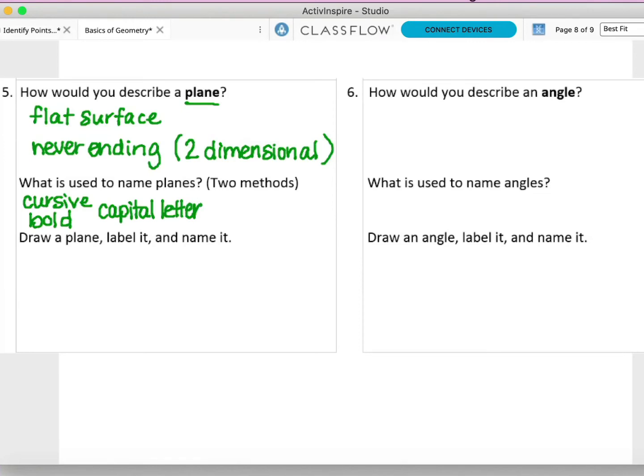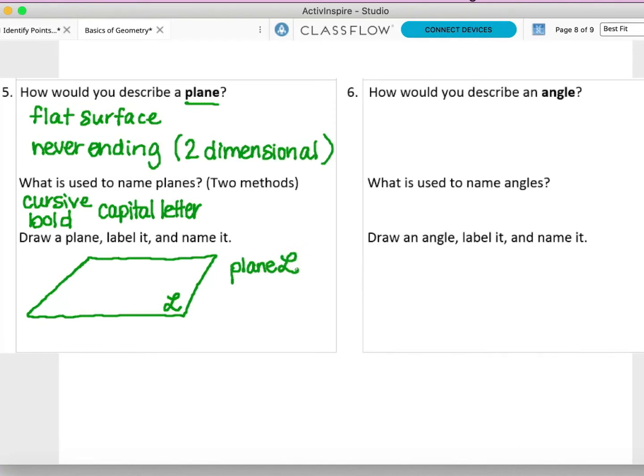So usually when I try to draw the floor, I wind up drawing sort of a parallelogram, or if I'm drawing in perspective, maybe it's not quite a parallelogram, but a four-sided shape, and that kind of reminds me of the floor. And then if I wanted to name that, I would use either my bold print or my cursive print or a scripty print, and I could use maybe a cursive L. So then I could call that plane